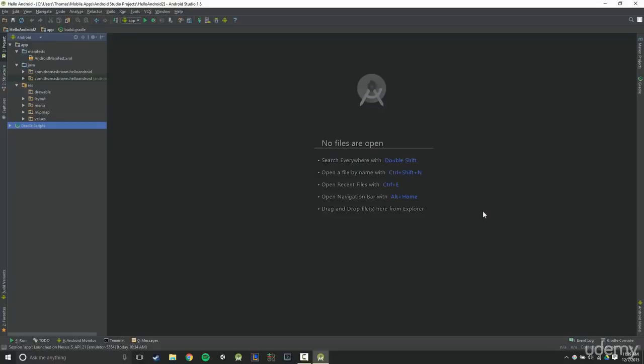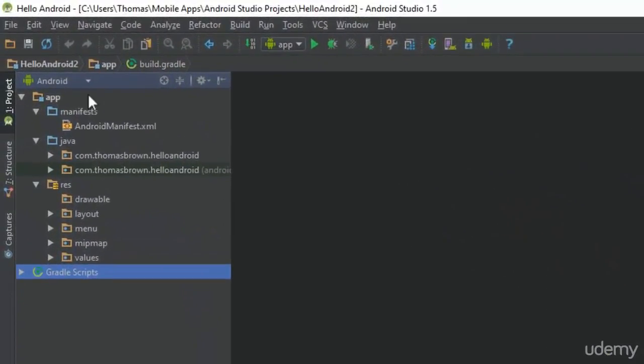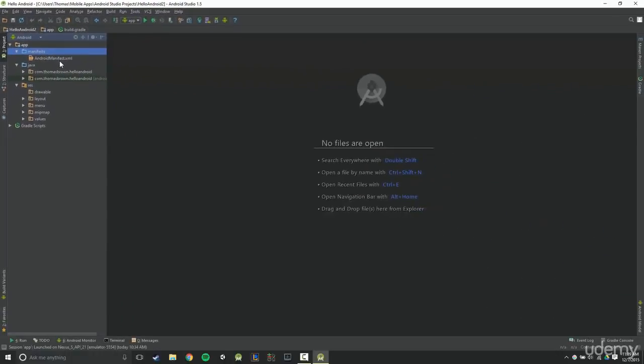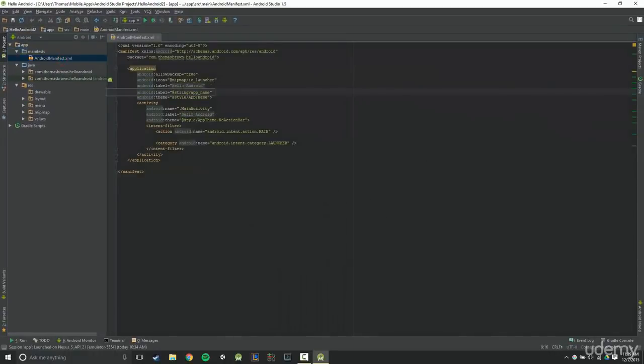In this video, I'm going to be breaking down the Android manifest file for you. Our manifest file can be found under the manifests folder here, and we click on AndroidManifest.xml. So, what exactly is our Android manifest file? Well, our manifest file describes the fundamental characteristics of our application and defines each one of our application components to